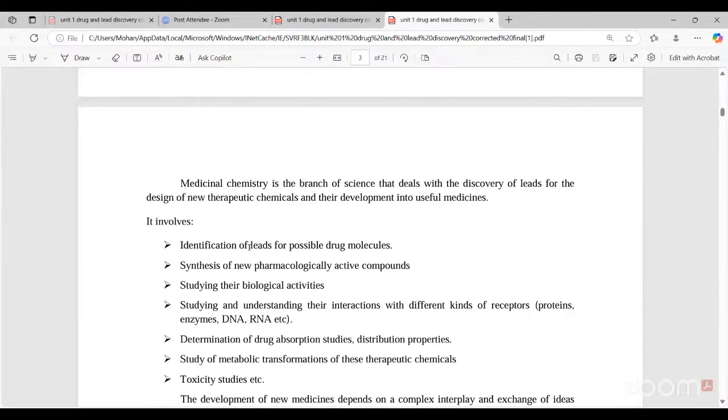Like, with the identification of leads for the possible drug molecule and the synthesis of new pharmacologically active compounds, studying the biological activities, and understanding their interactions with the different kinds of receptors. So here, the receptors,